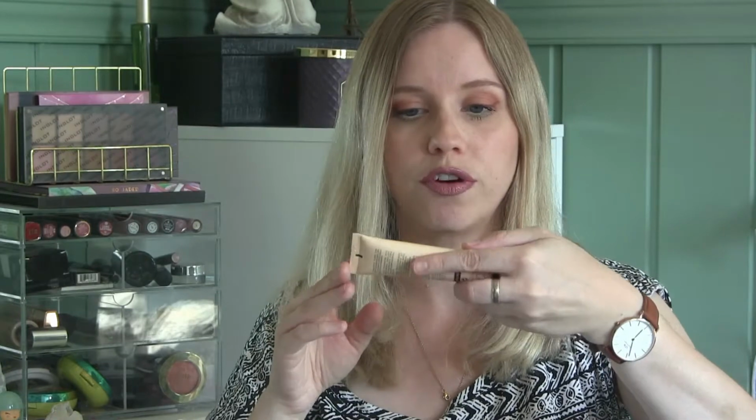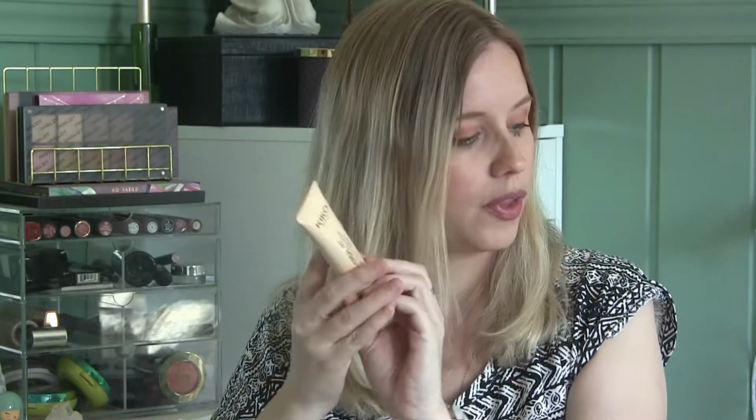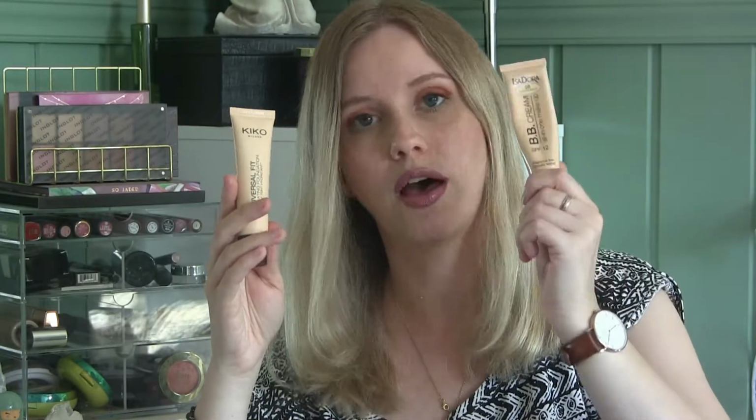But the Isadora BB cream is a tiny bit too light for me now, and I just want to make sure I get some use out of this Kiko Universal Fit Hydrating Foundation in Cool Rose. This was in Blonde Beige, and it's a tiny, tiny bit too